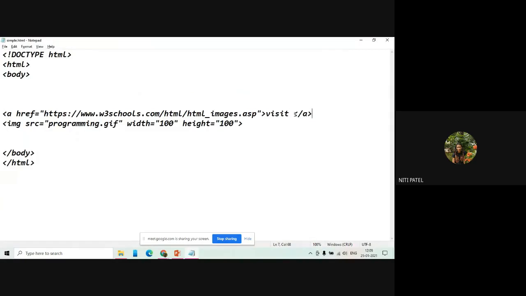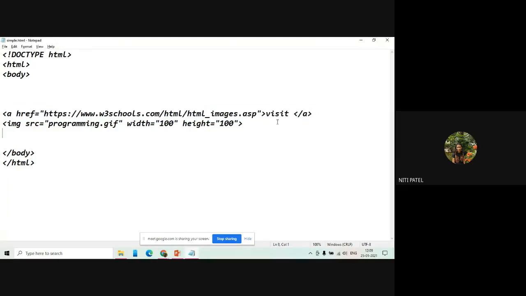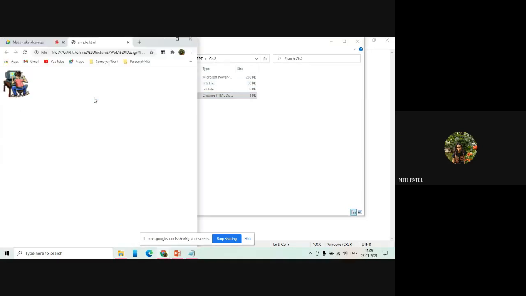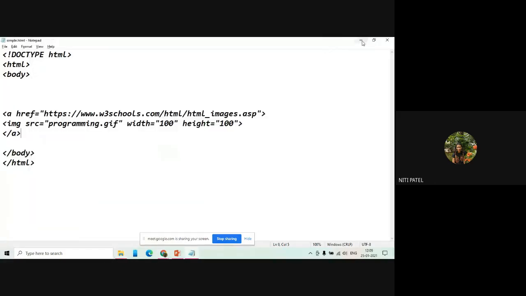If you close this anchor tag over here itself, and you try to say that when I click on the image the link will open, it will not happen. So to do that, you have to close this anchor tag after you write about the image. And when you do so, you will be able to click on the image and then see the link. Did you all understand this?